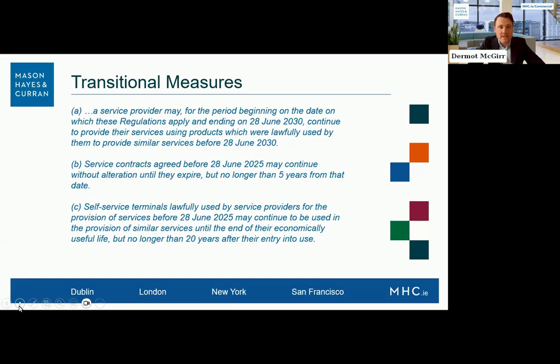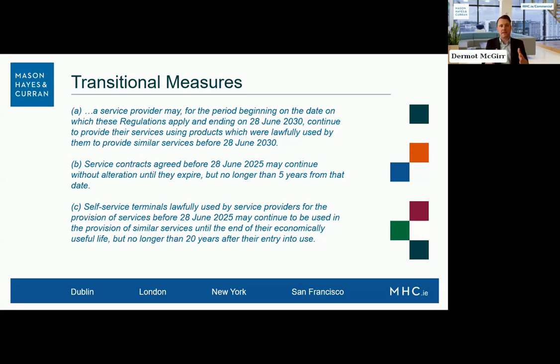And then B is the one I think a lot of businesses looked at. And again, anybody who attended the session in October would have heard me say that this transitional measure B on the face of it looks great, looks really helpful. We've got 5 years to fix this. But actually, when you look at the detail, it's not that, and its utility in practice can be relatively limited. And actually, my experience to date has borne that out.